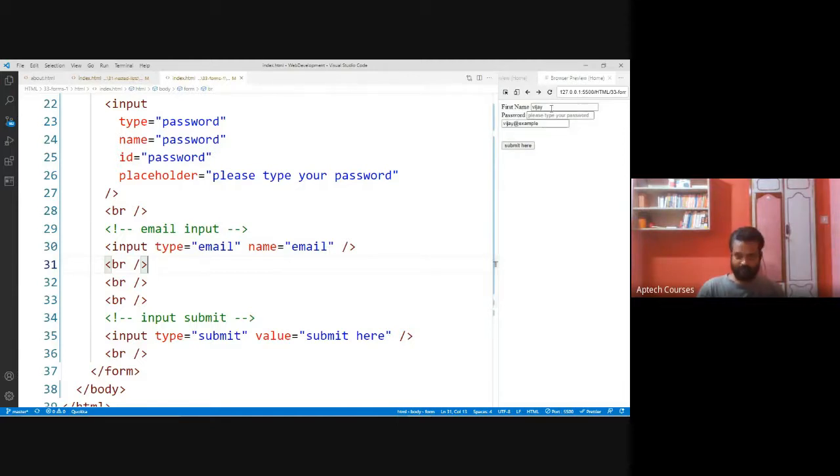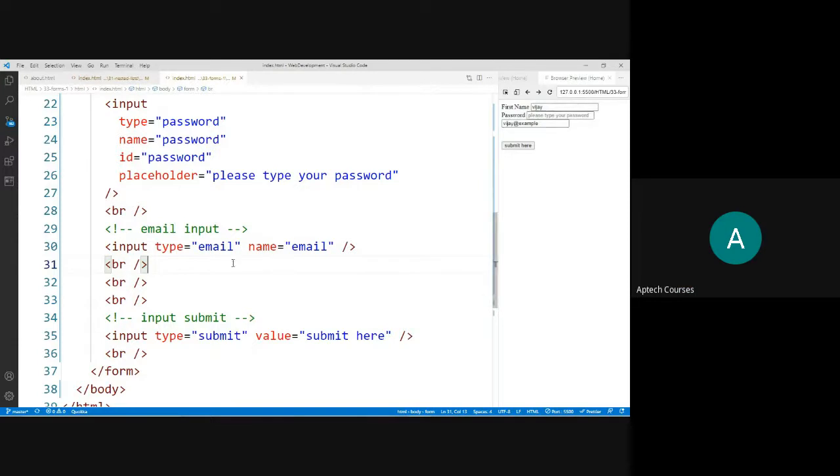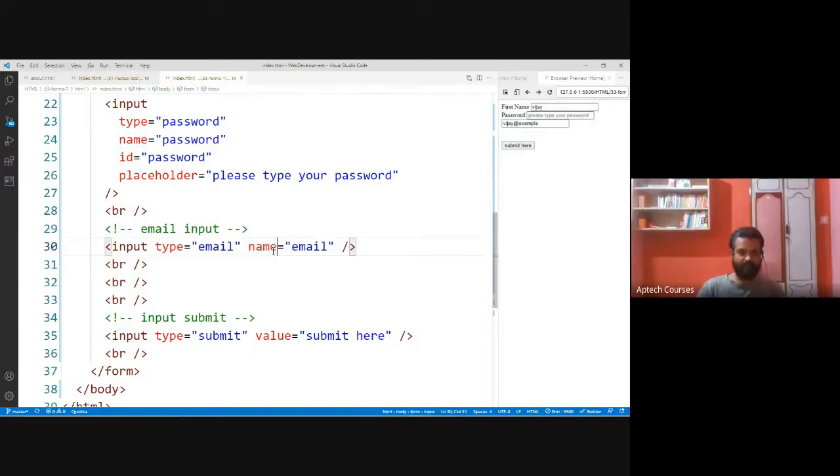Whatever the data we enter here, we are getting that input, and we specify which field. By using name we are identifying this field, input type email. So this name we are going to use in the backend to get the value of this field. That is the purpose of this name.